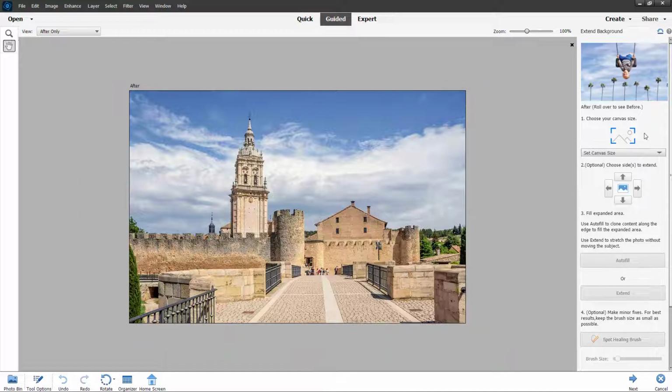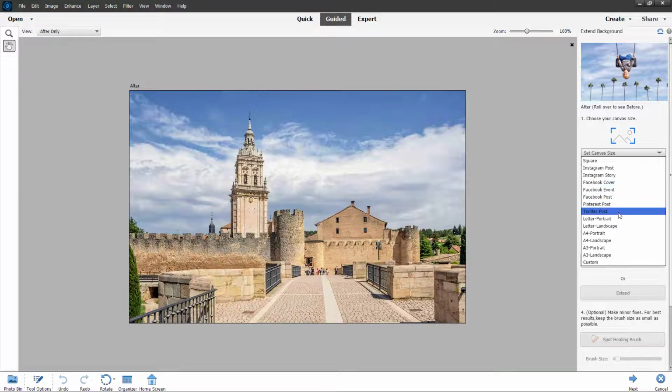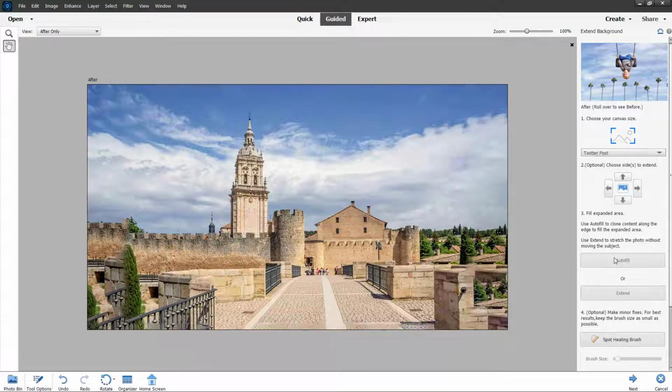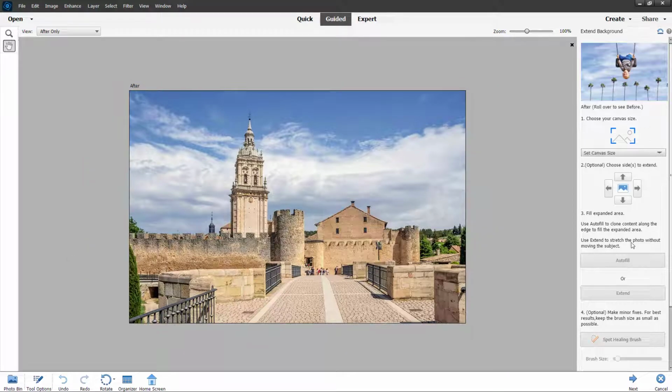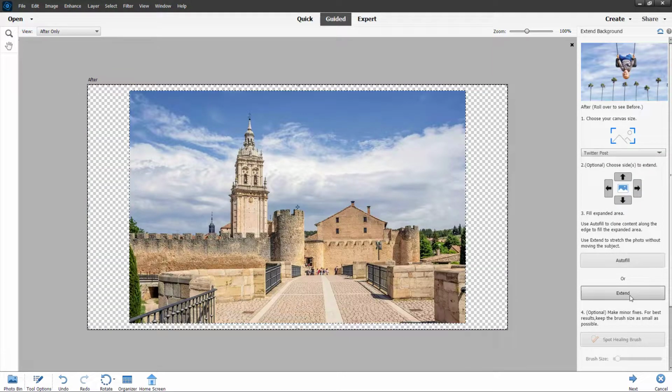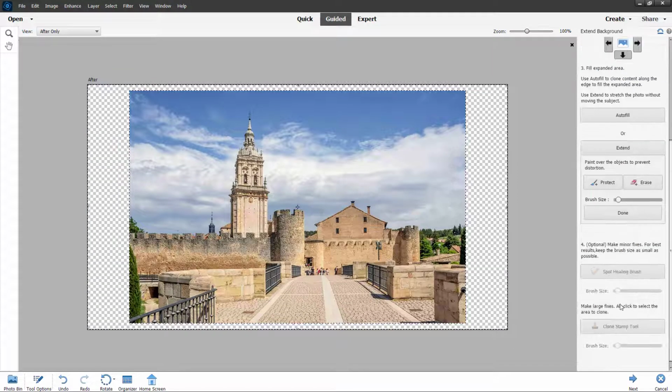But let me undo this and select Twitter post once more. Once I do that, you can select, for example, a portion where you want to extend this. Once you select it and click on autofill, that is filled up. Let me go back and select Twitter post again. And once I do that, if I click on extend right here,